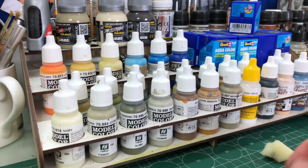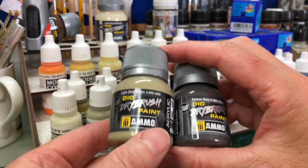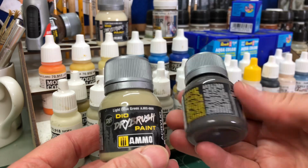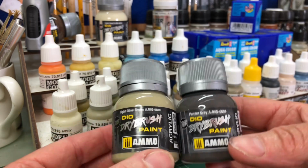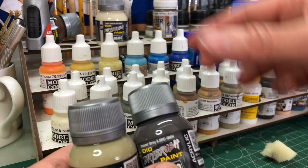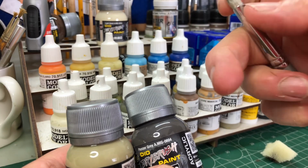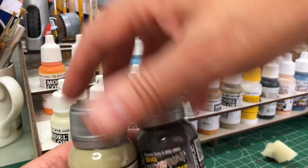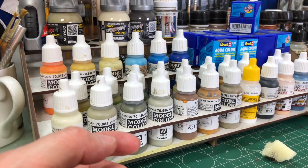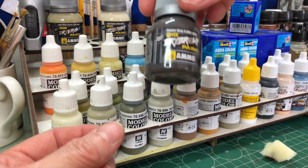Once I've painted this, what I'll do after that is I'll go in with a dry brush. If you haven't used these from Ammo, I really would recommend it. They might look expensive at first, but believe me, one of these bottles is going to last you years, because you need hardly any, but it's specially formulated for dry brushing. You can even get a dry brush from Ammo as well, which is just a short haired stiff brush, which is just perfect. Once I've done the dry brushing, and I'll use 2 colours, light olive green and panzer grey,